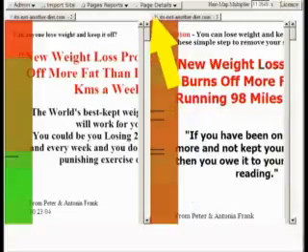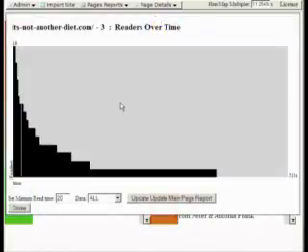So what we'll do now is we just click on the button here, and we have a readers over time graph. So this shows here on this particular page we tracked 16 people, so this is this way, and the time is across the bottom, and we can see basically a J-curve of people. The white line you see here is on 20 seconds. You can actually adjust it down here in the box, but if you do adjust it, it will change the result on your heat graph. So this here is just to give you a different way of looking at what's happening with your people and where they're actually leaving,